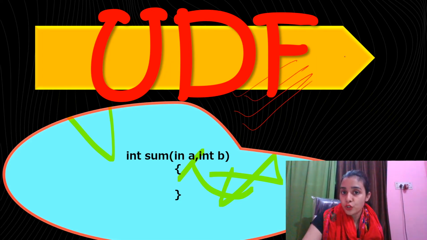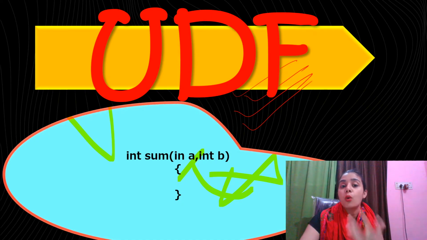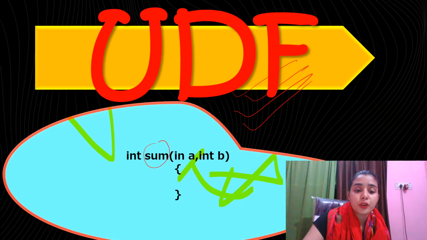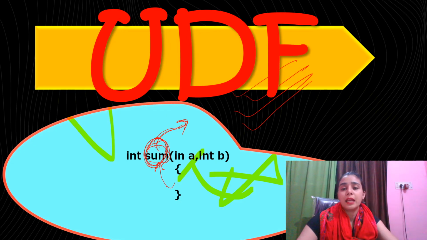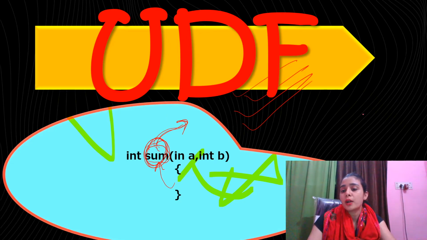But here I'm introducing the user defined function. In Java, we have the facility where we can create our own function. We can give our own name to these functions, right? I can give the function any name. This name is called the identifier. So all the rules which you have already studied in class 9, you have to follow there if you want to give a name to any function. I have given the name sum. I can give any name, but the name must start with an alphabet. The name must not start with any numerical value.